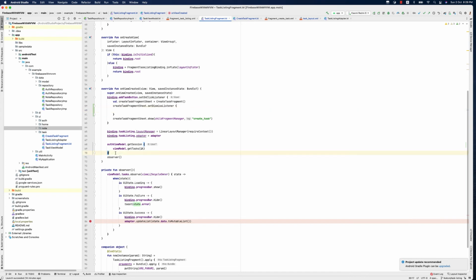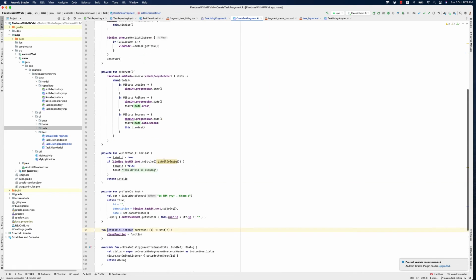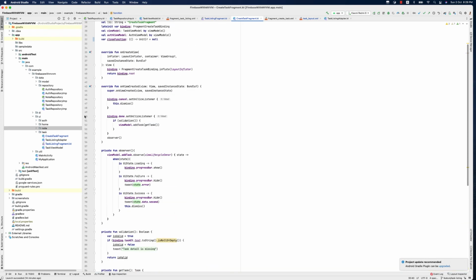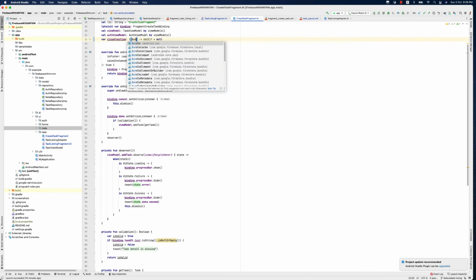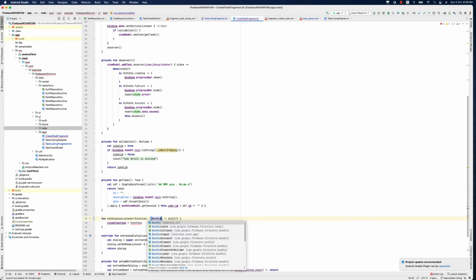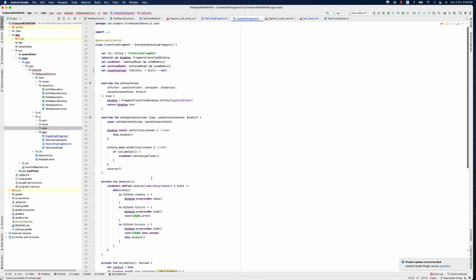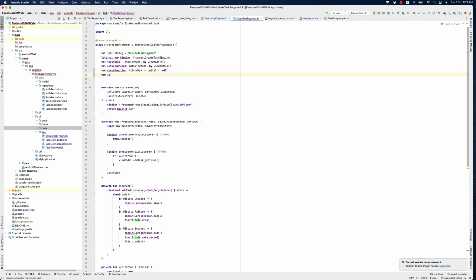So what I will do is I will simply copy and paste it there. But there is one thing more, we will need to check if that data is actually created successfully or not. In that case we need to trigger the new list to get new data. So what I will do is I will simply add bundle as a parameter. In there we will also add bundle. Now I guess we need to have one parameter. We will check is success add task. Initially it will be false,